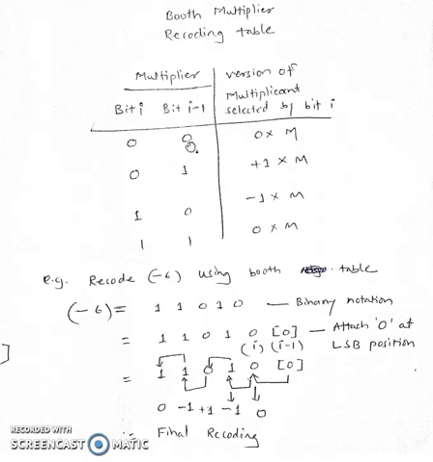Okay, so consider this bit, this is the I minus 1 bit and this is the ith bit. So if the I minus 1 bit is 0 and the ith bit is 0, then we can replace the ith bit with a 0 as the multiplier bit. Okay, for the case 0 and 1, we have to replace this ith bit with a plus 1 bit. For the I minus 1 bit 0 and the ith bit 1, we have to replace it with a minus 1 multiplier. Okay, we have to use this bit instead of this ith bit. So this 1 1 gives you 0.